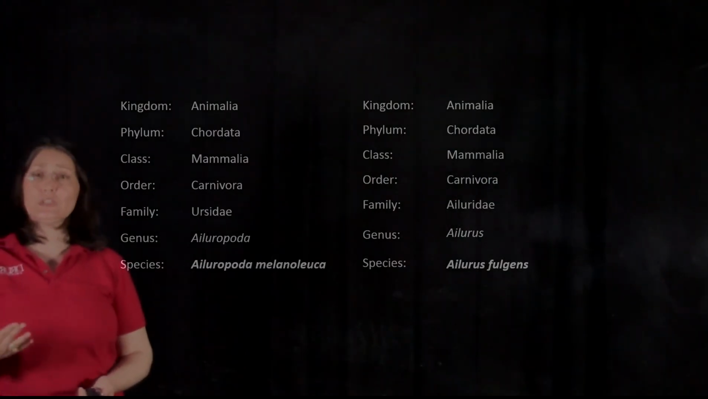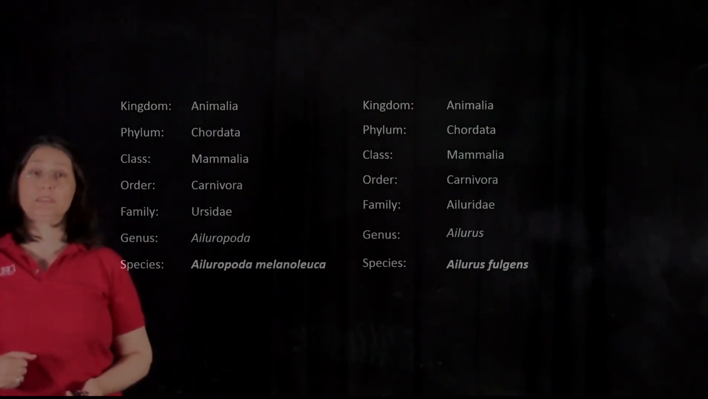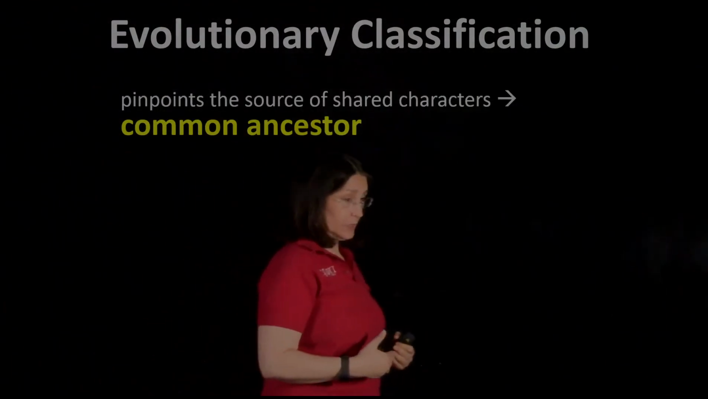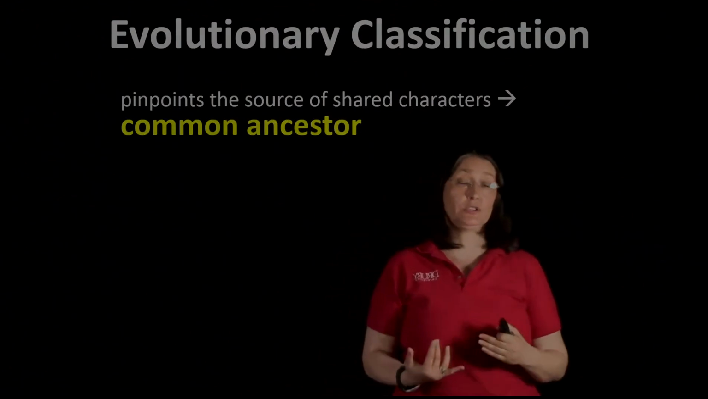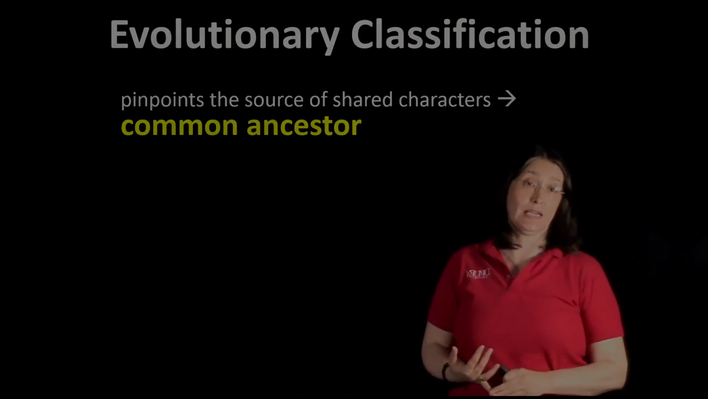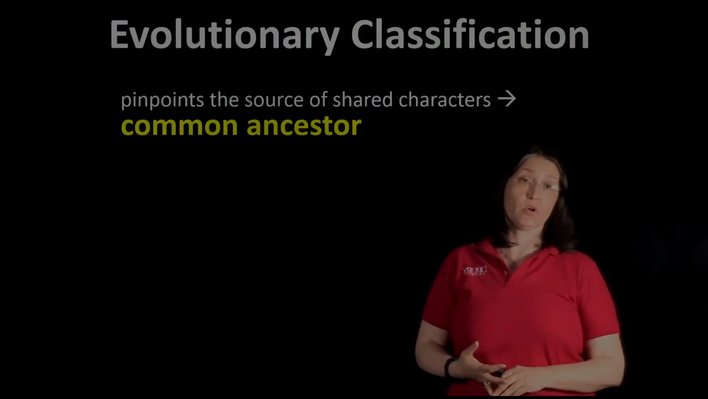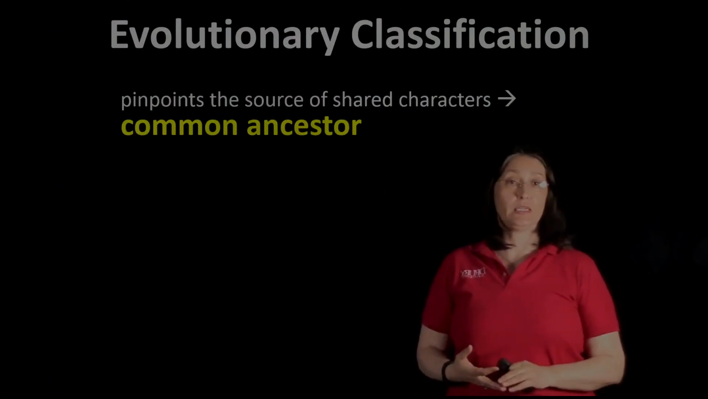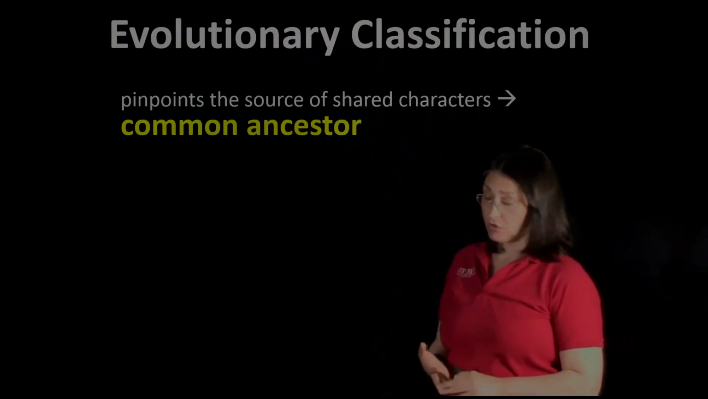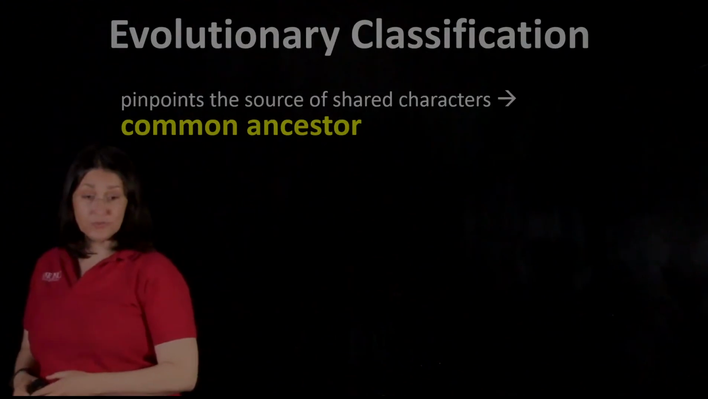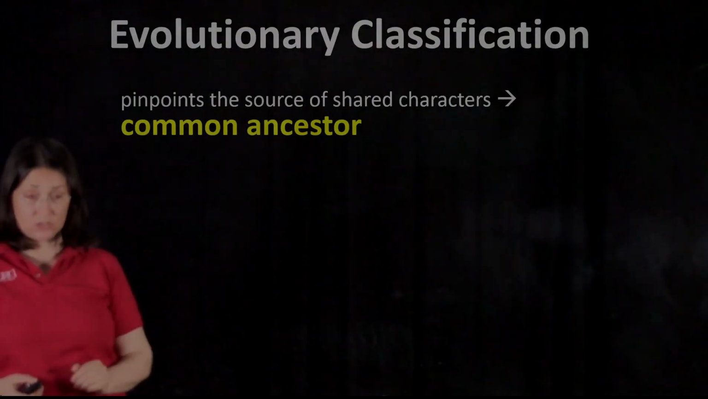So traditional classification could be misleading. Evolutionary classification, which today is based on DNA nucleotide sequence or amino acid sequence in proteins, follows evolutionary relationships. And in order to determine that, it's referring to a common ancestor or